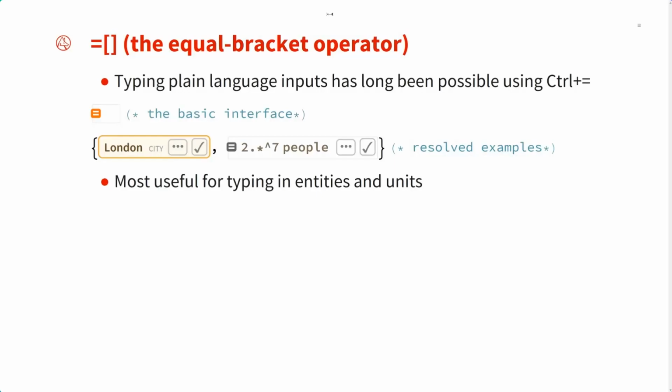So let's begin. I'm going to start off with a few things that were in 14.1. You may be aware, but if not, I think it's good to be talking about them. First of all, the equal bracket operator. We have had plain language inputs for a long time. There are various ways to get plain language inputs into the input, but one of the most versatile is using the control equal functionality. If you press control equal, it's control equal on every platform, you get this